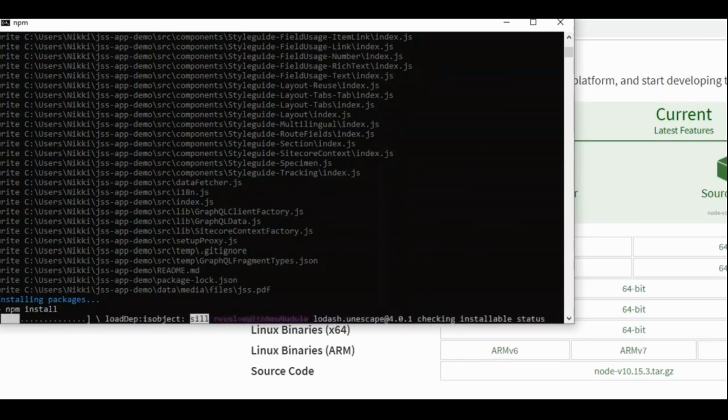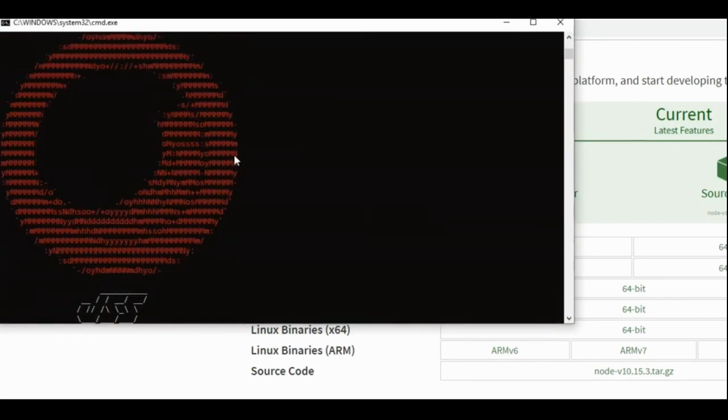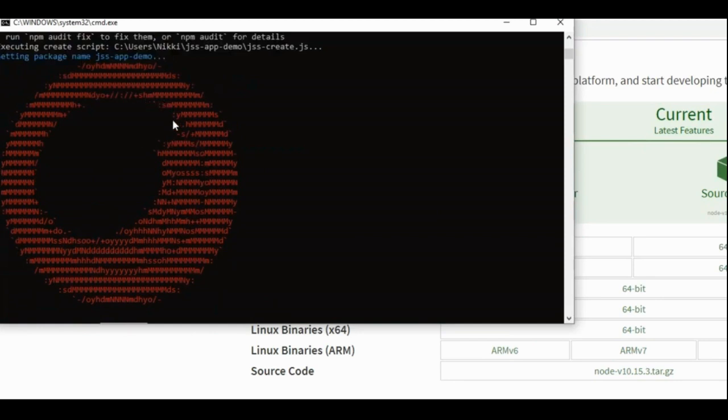What happened is it's installing all the packages required for the application. Pretty much done. Our application is created.